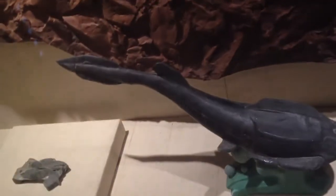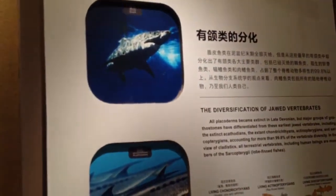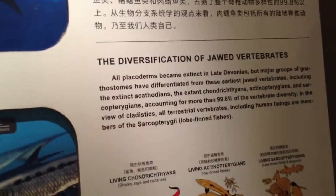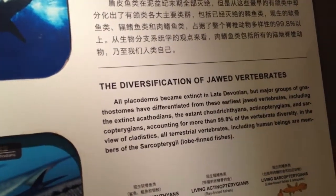Restoration. Sculptural restoration of Bathyrolepsis. Diversification of jawed vertebrates. Shark, acanthodians, placoderms. All placoderms became extinct in the late Devonian, but major groups of gnathostomes have differentiated from these earliest jawed